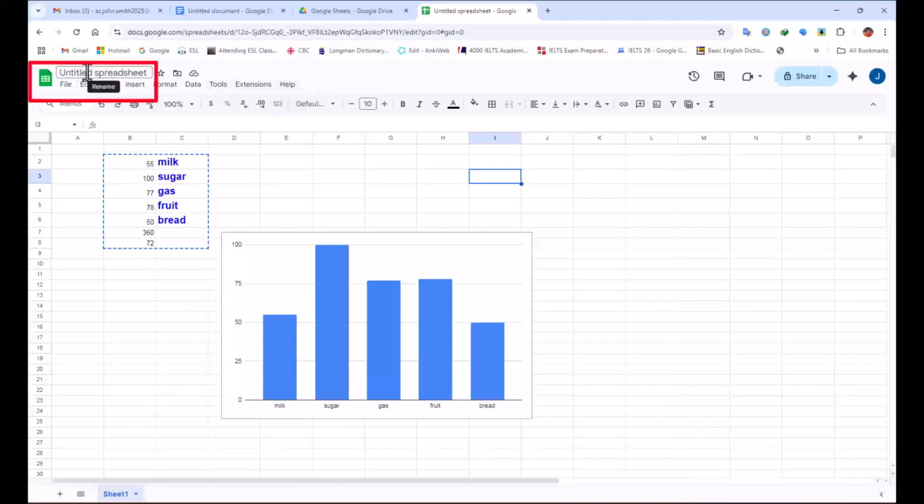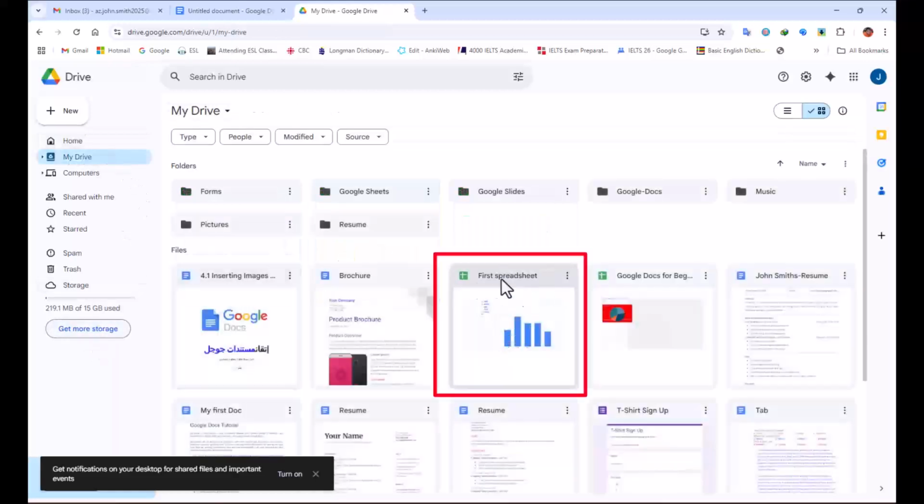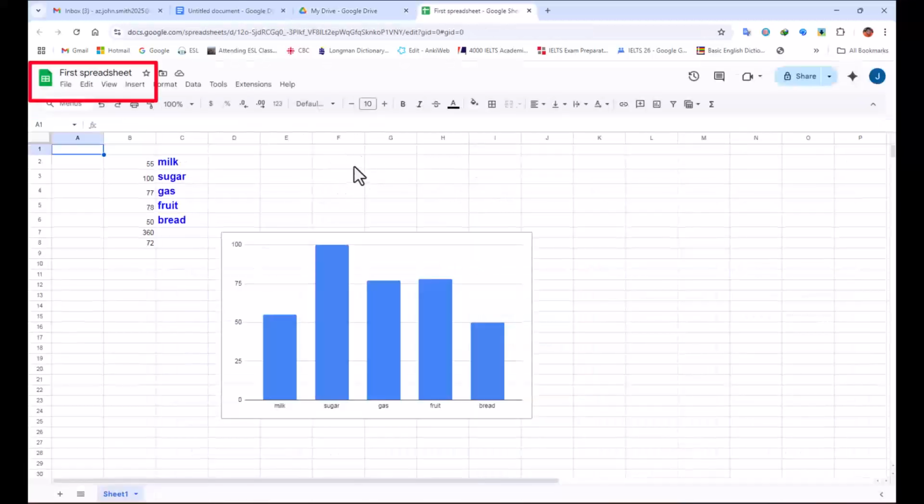So the first thing, as I mentioned, is that you only rename it. As you see, it is called Untitled Spreadsheet. You should click here and, for example, I will write first spreadsheet, and it is renamed. Anything that I have done here, if I close it, is saved. When I go to my Drive, as you see, it is here in my files, first spreadsheet, and it is saved. When I double click on it, it will open and I can continue working on it, changing or saving or doing anything. So as you see, its name is first spreadsheet.